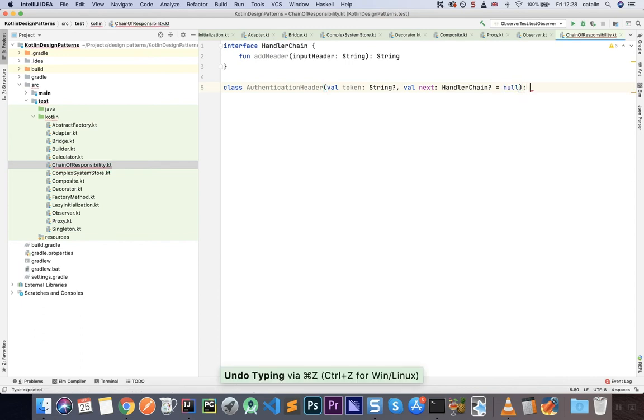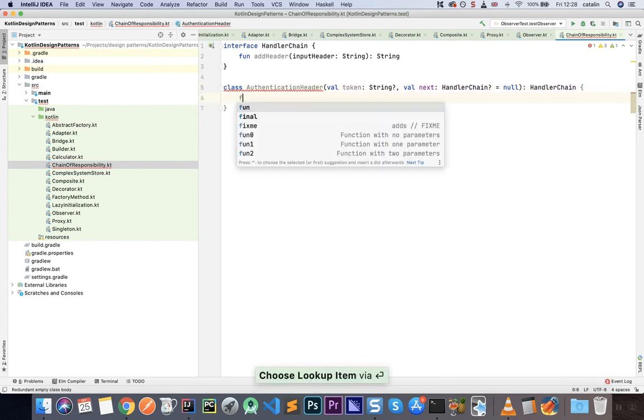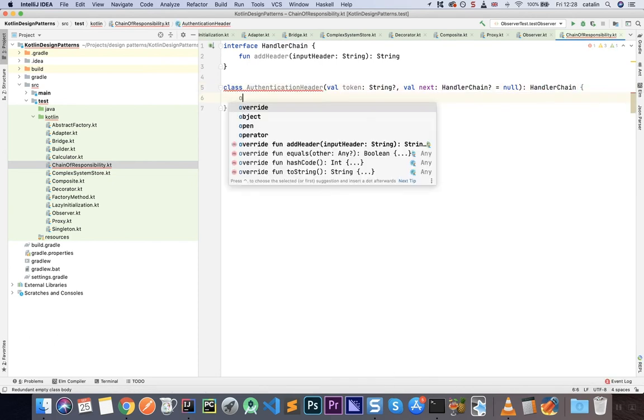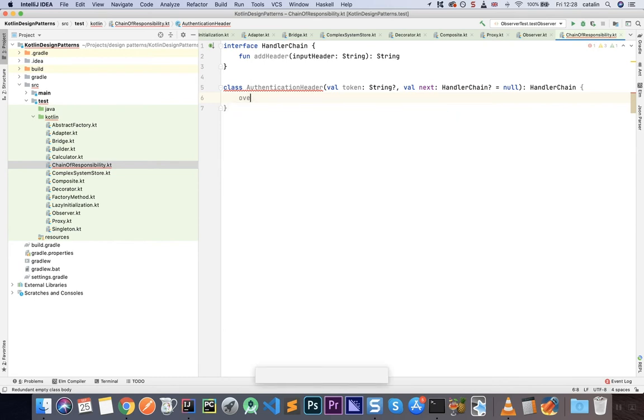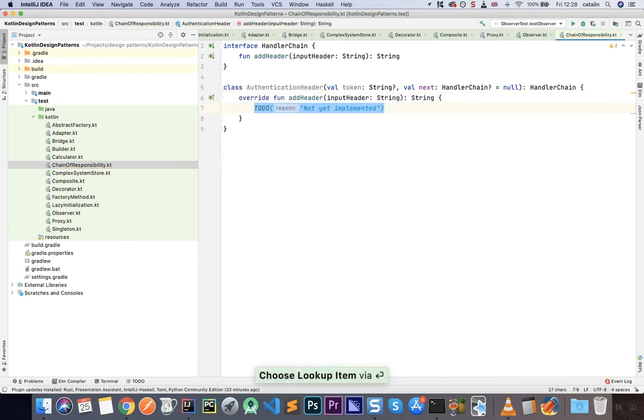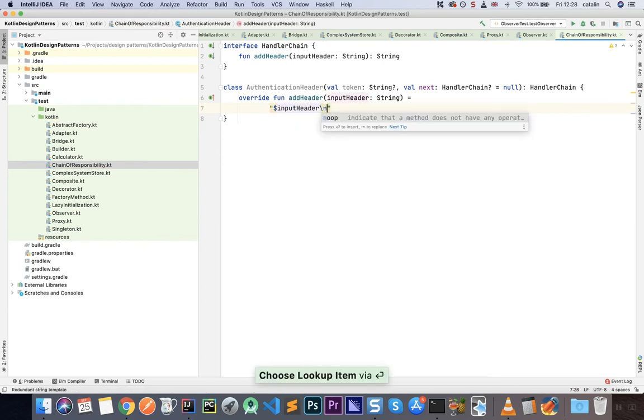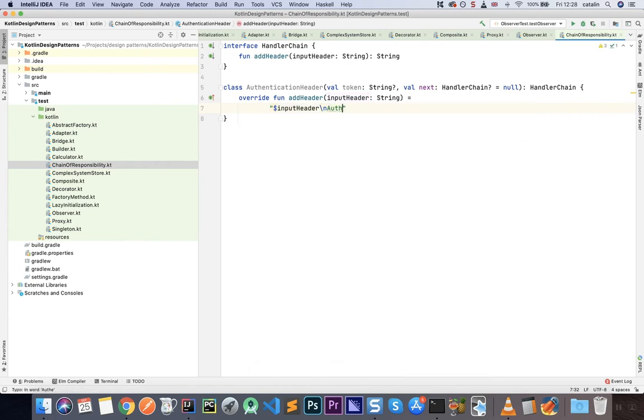And here we implement the handler chain interface. Okay, so we're going to have an override function add header. And here we will simply return directly $input header. We're going to put a new line without any spaces. We're going to have authorization